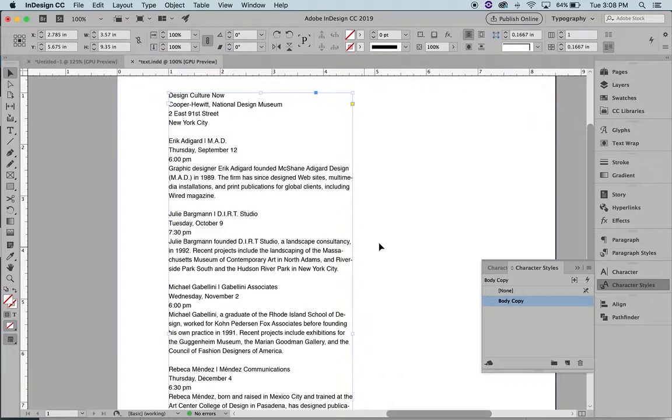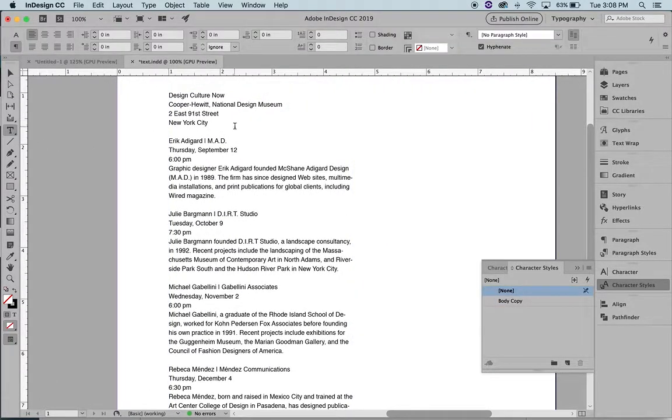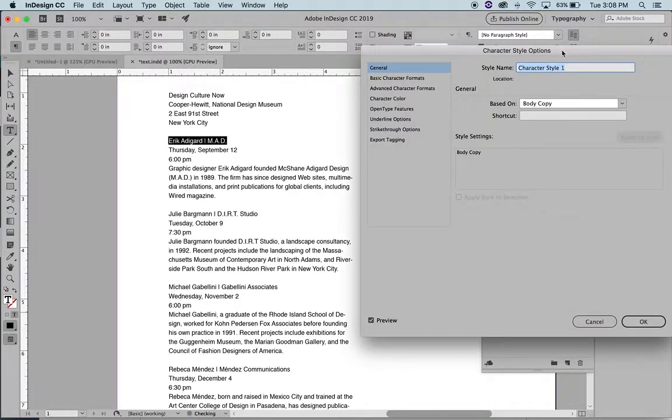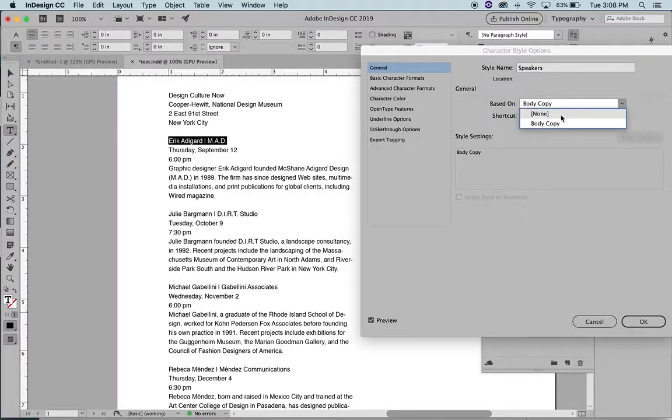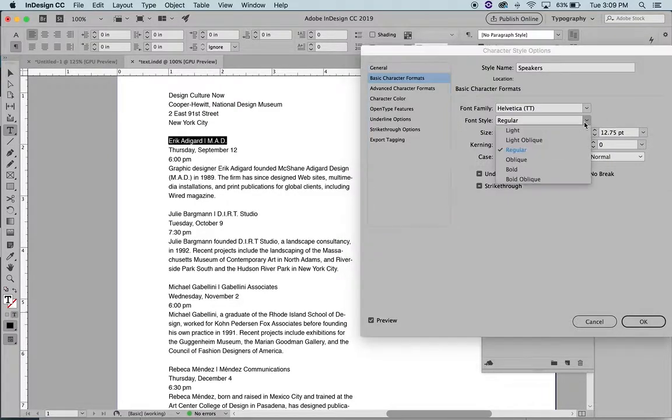Okay. First thing I might want to do next is decide, okay, well, what do I want to do with these here? I might go in here. Now this has a style applied to it, remember. I'm going to go ahead and select that. I'm going to click on a new style. I'm going to put this under speakers, just so I have a sense of who they are. It's based on body copy. If you have this based on none, that's fine. You don't have to worry about it for this. I'm going to make that